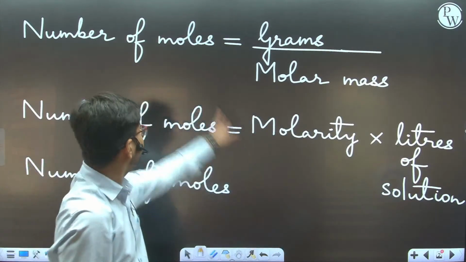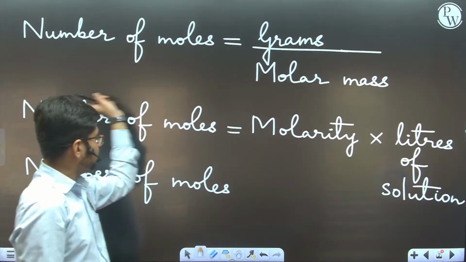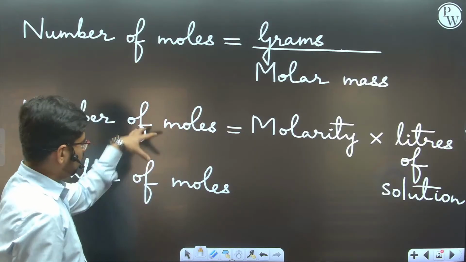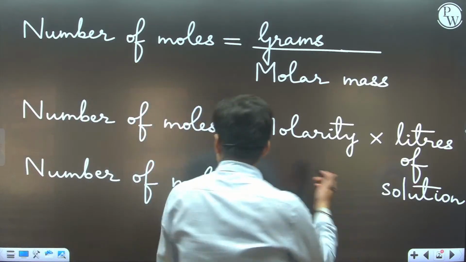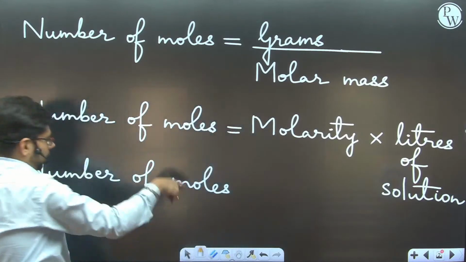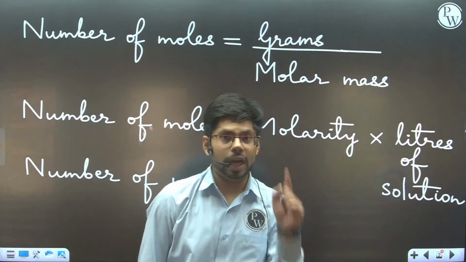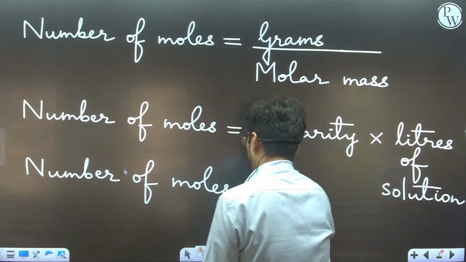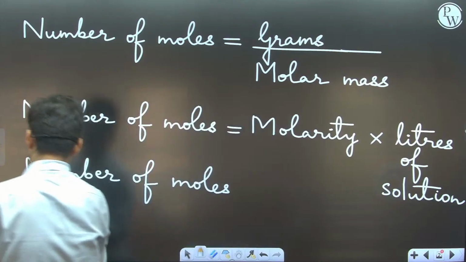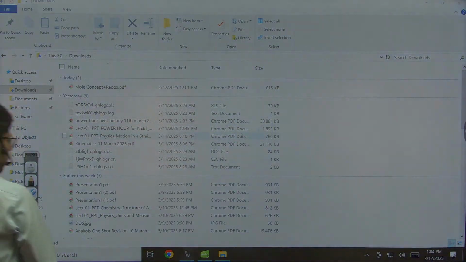We can use them for solids, we can use them for liquids, we can use them for gases, whatever is present. But the third one, that is when we are talking about STP, we are talking specifically about a gas. So number of moles of gas